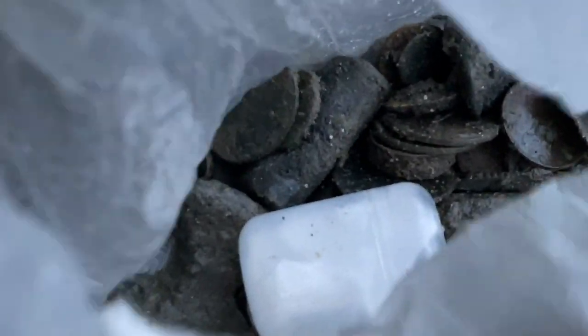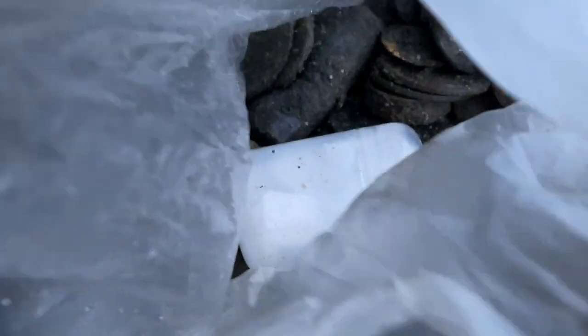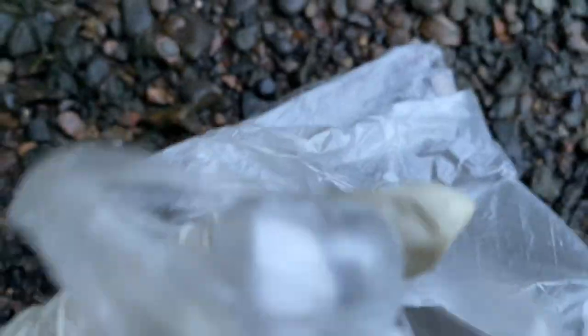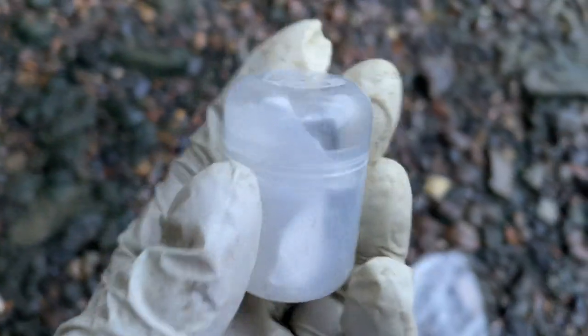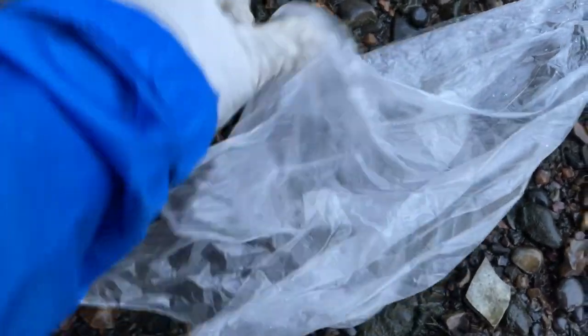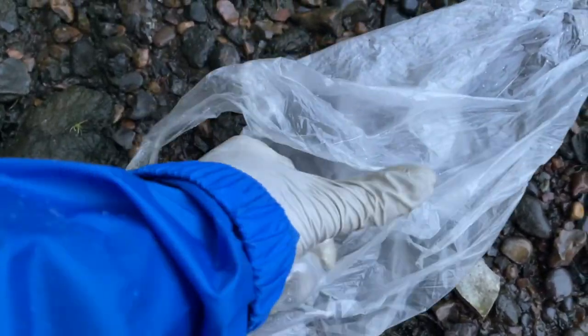There are a few nice coins, some finds that I'm not sure what they are, and I think I have a ring which is here in this little container. It's there, but as I said, I'm not going to spend any more time here because the weather is